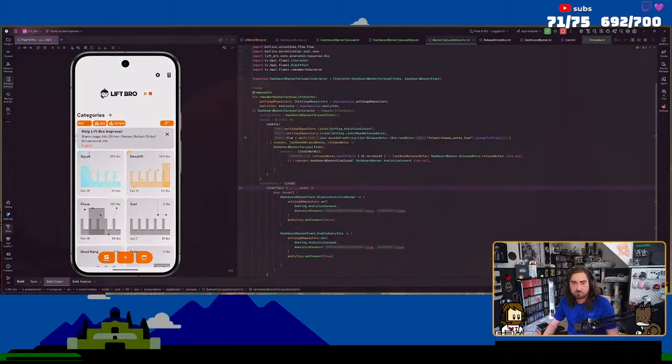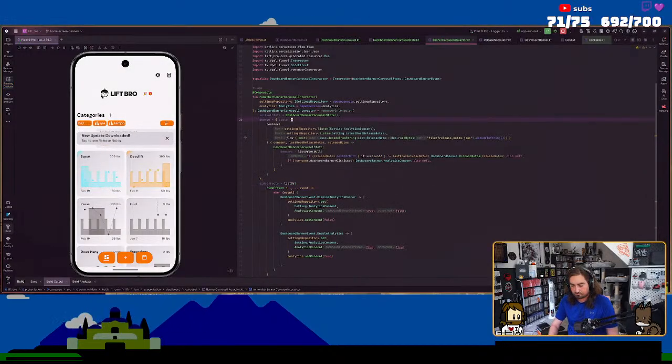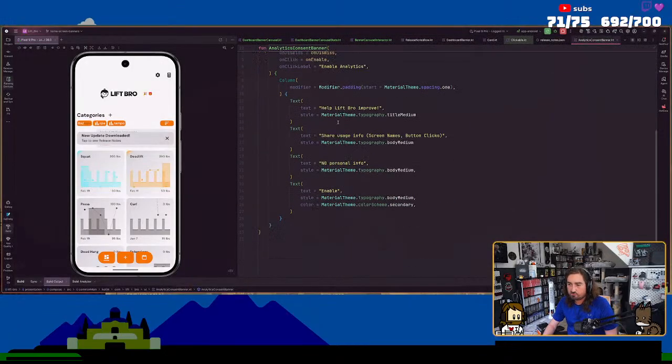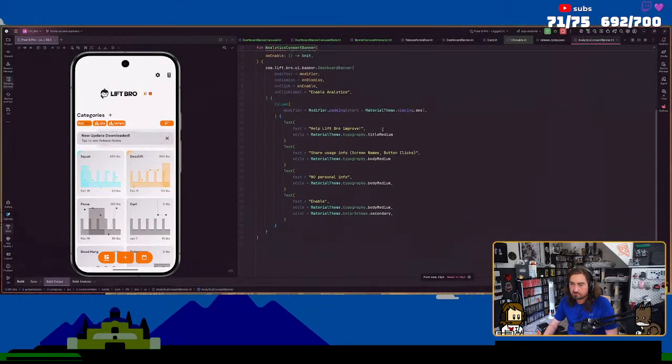Okay, do I want to for this banner also show a dialogue, like a confirmation dialogue?